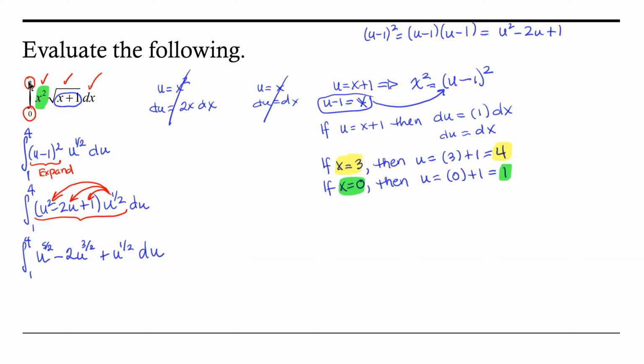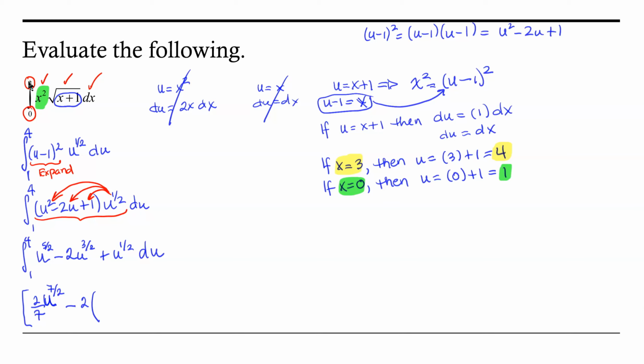Now, this is in a sum, and we have a bunch of powers, exponents to a variable u. These exponents are constant. We can use the general power rule to help us find that antiderivative. So, I have u to the 5/2, so my antiderivative is going to be u to the 5/2 plus 1. 5/2 plus 1 is 7/2. And so I'm going to multiply by 2/7 for my antiderivative